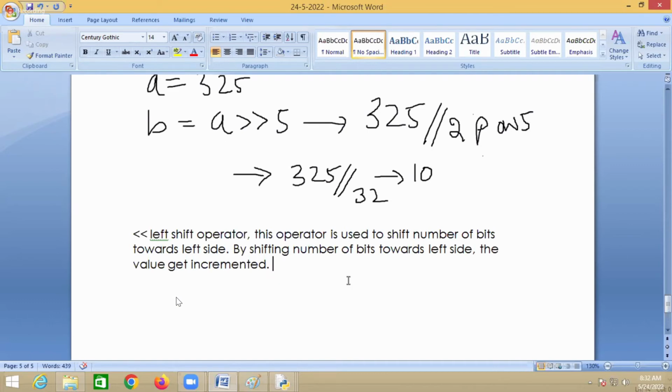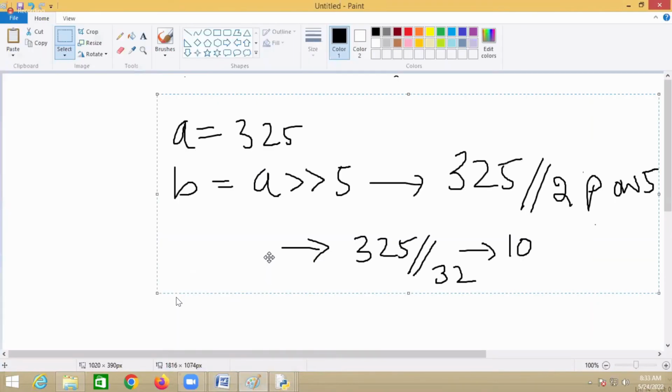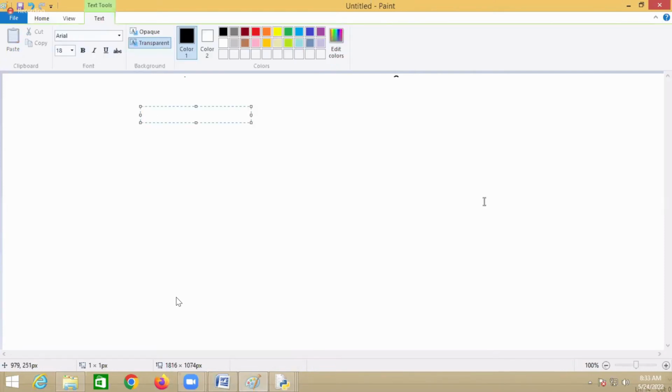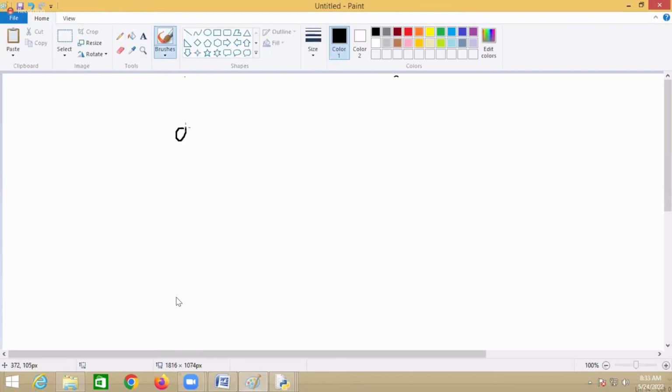What is the syntax of this? If you see the syntax, it is like this: operand 1, left shift, operand 2. So what will happen in the left shift operator is, for example, the value of A is, again, I'm taking the value of A as